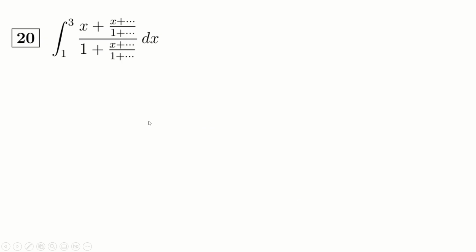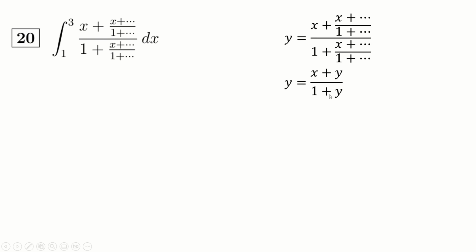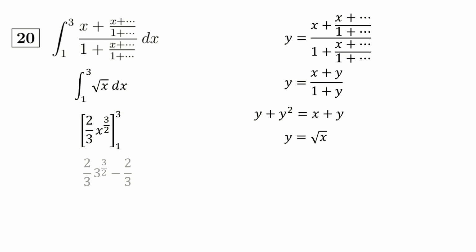And question 20 to finish up, we're going to set y equal to this whole thing up here, and these two terms here, by definition, are just each the original term. So this here is just y, and this here is just y. And now if you times both sides by 1 plus y, you get this, cancel out the y's, you get this, and square root. And so I think I can literally just replace this whole thing here, because it's equal to y, with this whole thing here. So I'm just going to put it in. And now I can, of course, integrate as normal, and I'm just going to put the numbers in. And I think